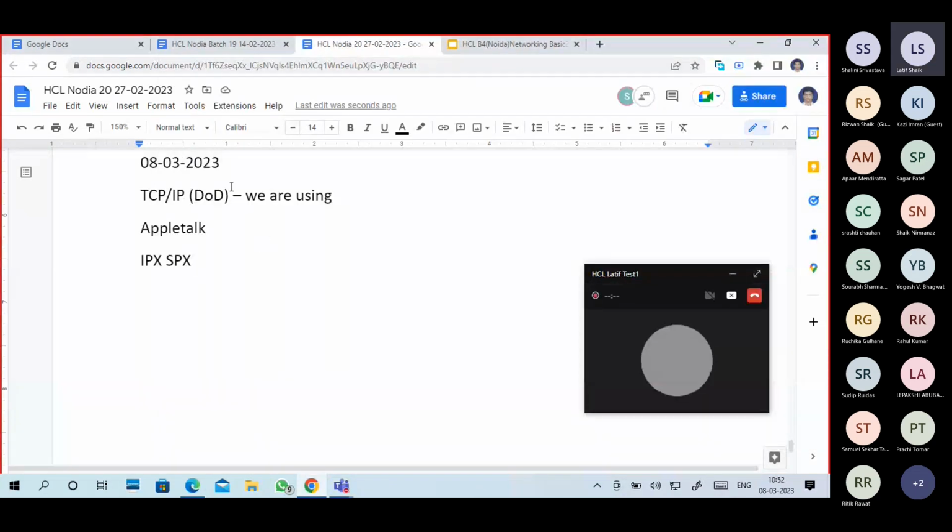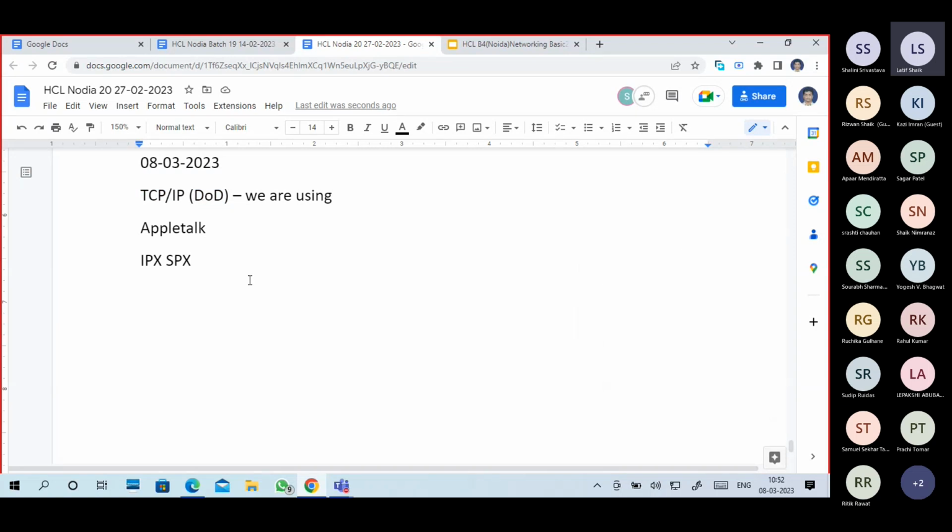Currently we are using the TCP/IP model in all kinds of networks. Earlier days, there were not only TCP/IP but different types of networking models. Some models only supported certain types of systems, and others supported other kinds of systems.